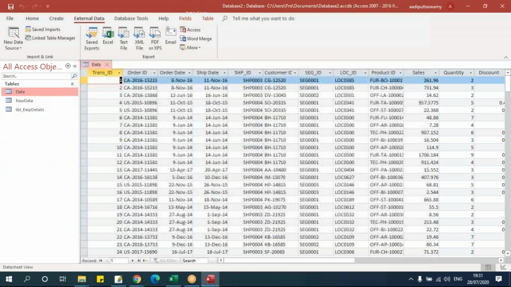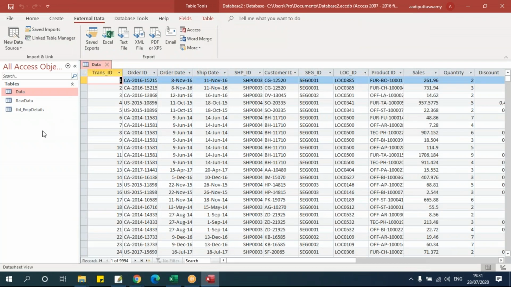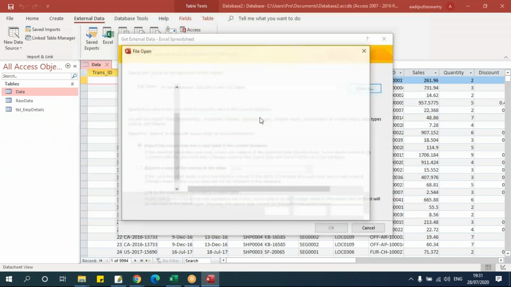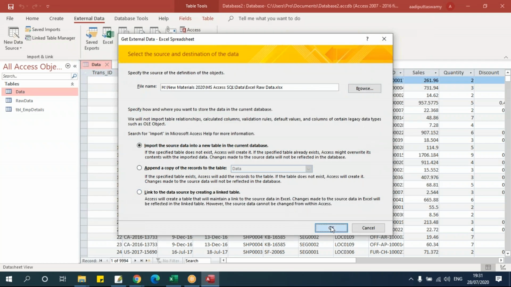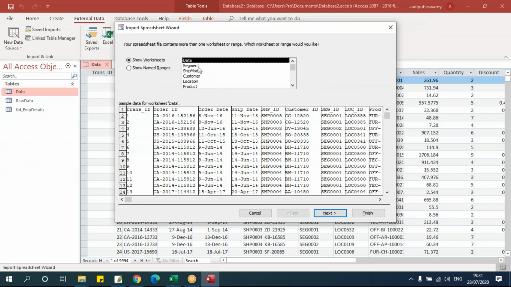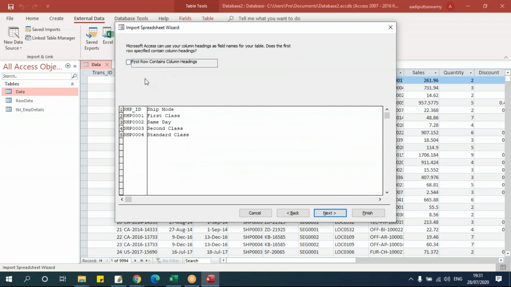Close. See, the data gets imported. Now if you want to import data from the same workbook, whatever we have selected, you can go here, Excel, then select the same file, say open, and say OK. Now here I have other tables. Let me select the ship mode, say next. Now you can see, say first row contains column headings.